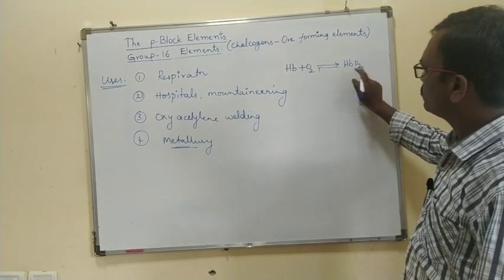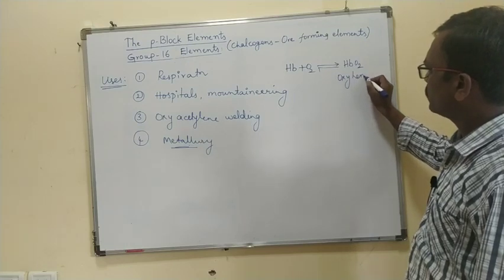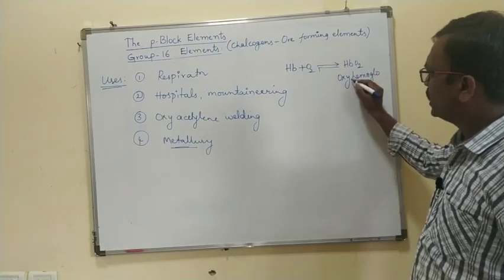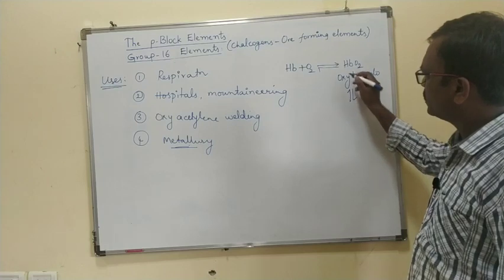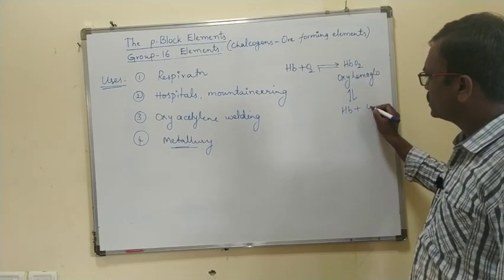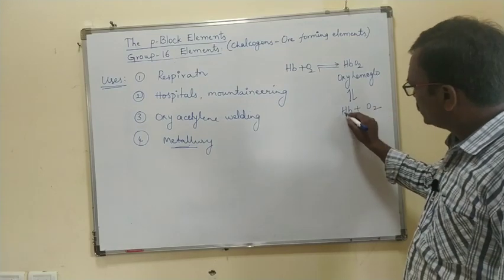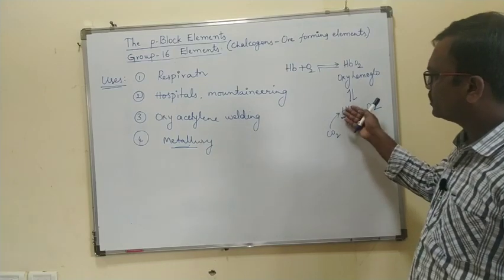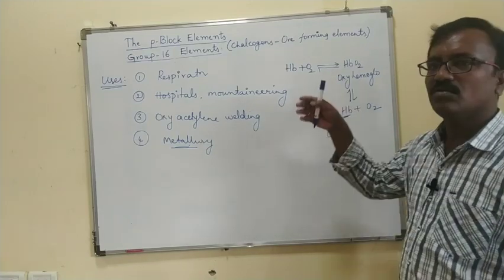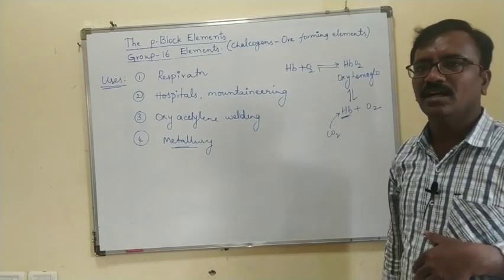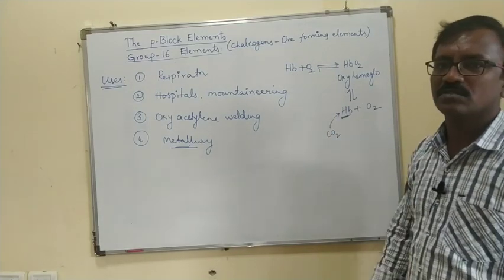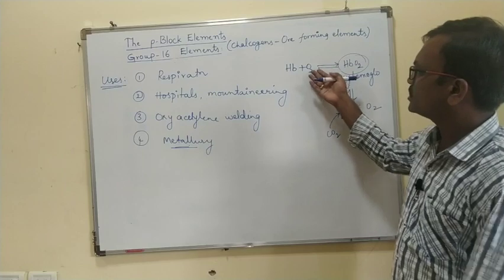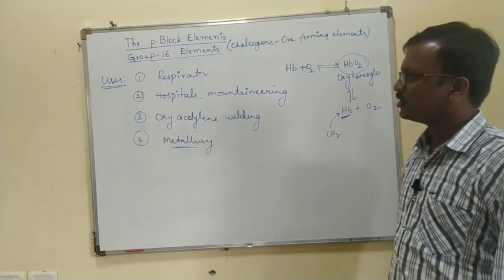It forms oxyhemoglobin. Oxyhemoglobin goes to different parts of the body and decomposes into hemoglobin plus oxygen. This hemoglobin again takes carbon dioxide from different parts of the body and forms carboxyhemoglobin, which goes to the lungs and we exhale the carbon dioxide. So oxygen is mainly used in the respiration process, in hospitals